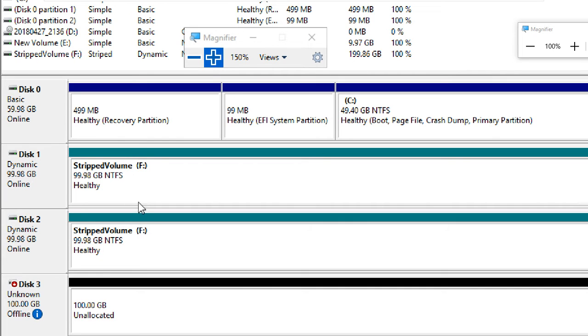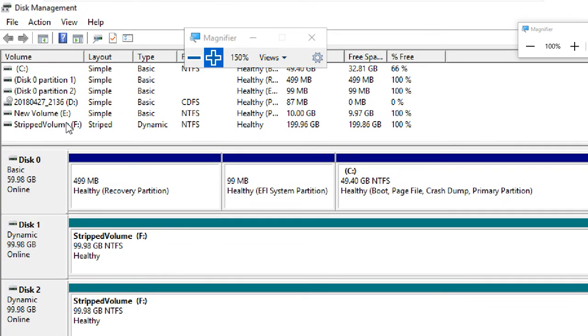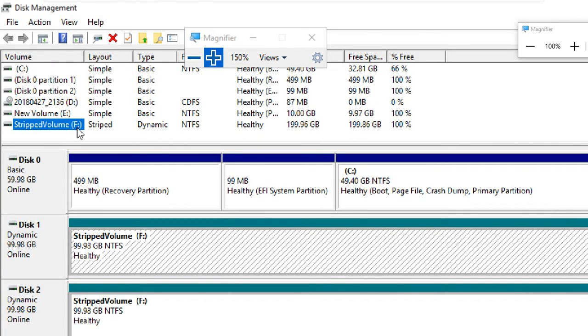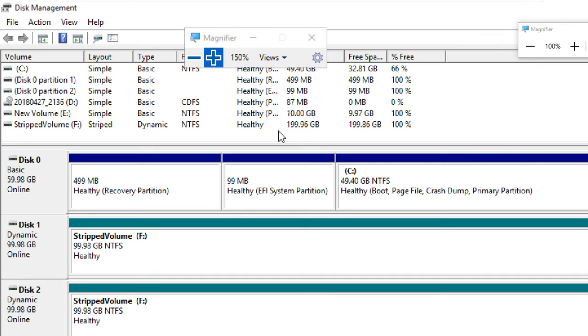See, this is the F drive, this is the F drive, and this is the F drive. What is the F drive volume here? Can you see 19996 GB?